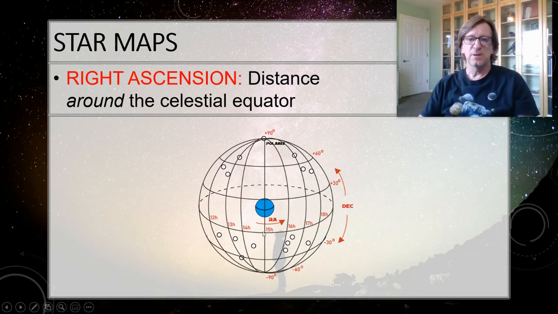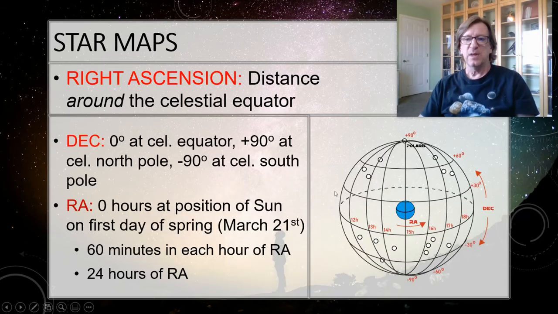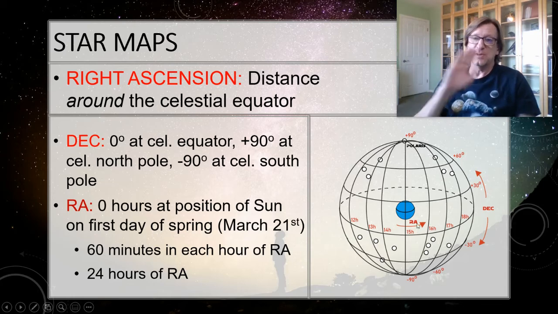Okay. All right, now we would need to start counting from somewhere. And with the declination, that's pretty obvious. We just start counting from the equator. But where do you start counting for these lines of right ascension? Well, we've got the same problem on Earth with lines of longitude. So longitude goes around this way.